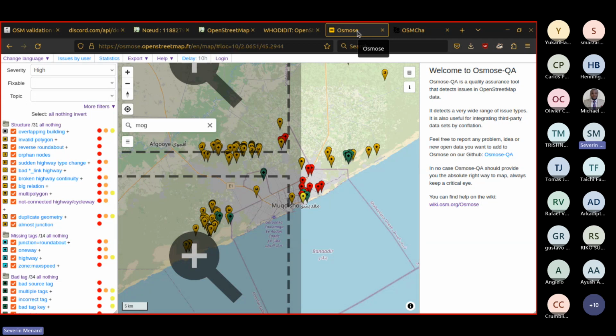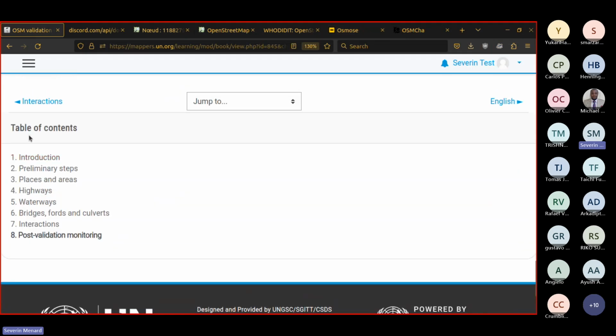So you have a first step of validation, and then I would say you apply everything I showed with this validation tool. And you check the data, and that's where you decide first if it's ready for validation or not. If it's not ready for validation, and there is a tasking manager project for this area, you put the thing back to be mapped again, to be completed.